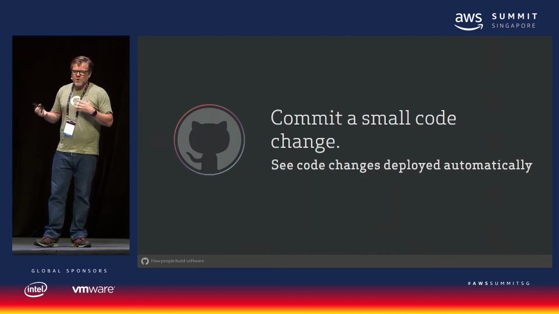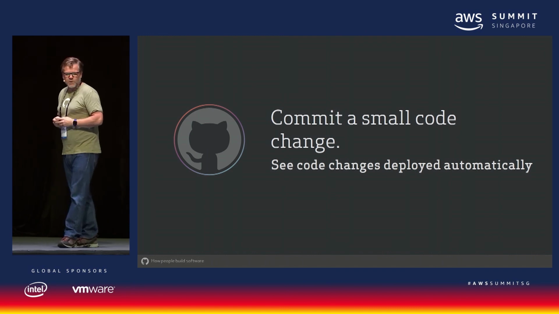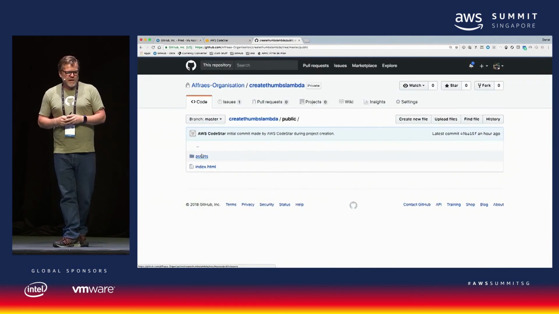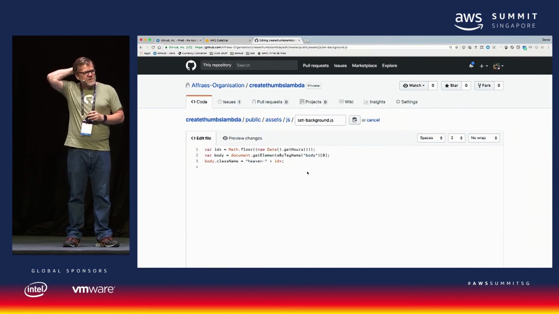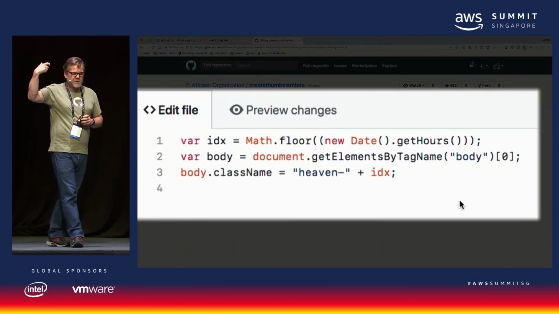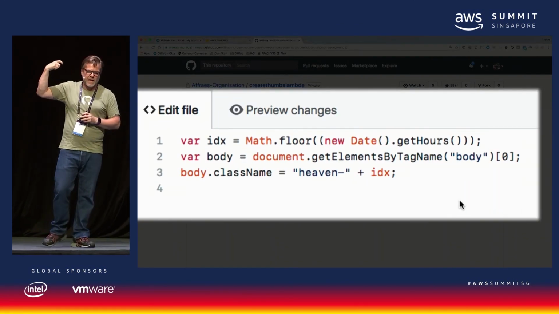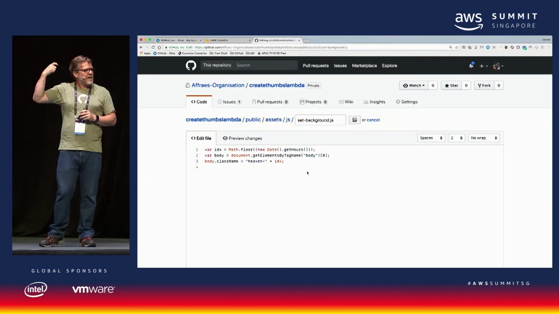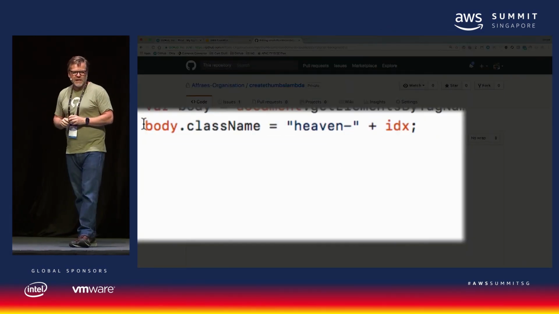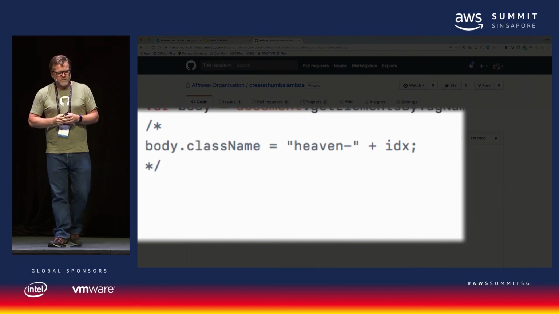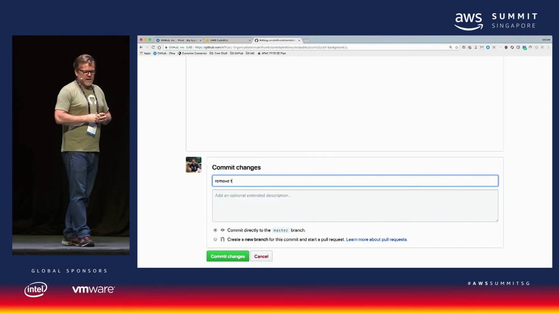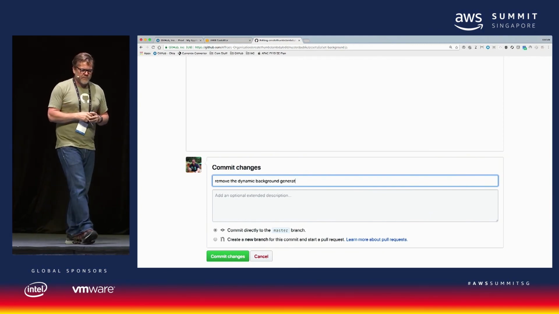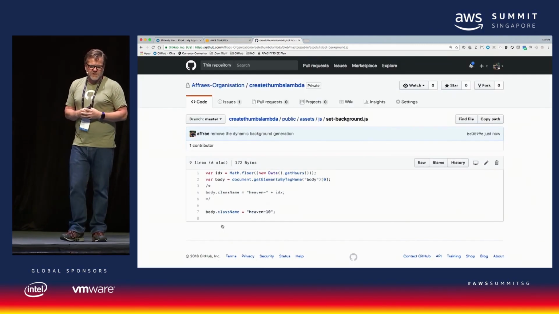All right. So let's now commit a small code change and we'll see how that affects our deployment. So I'm going to go into GitHub now, and I'm just going to scroll through to some JavaScript, and it's the JavaScript that generates that background gradient on the page. And you can see it changes depending on the hour of the day. I don't like that. I'm going to keep it so it always looks like what it would look like at 10 a.m. So I'm just going to copy that code and change it to a much more static string so that we're using a single class name. I commit it because I'm a good developer with a message, click on commit changes, and